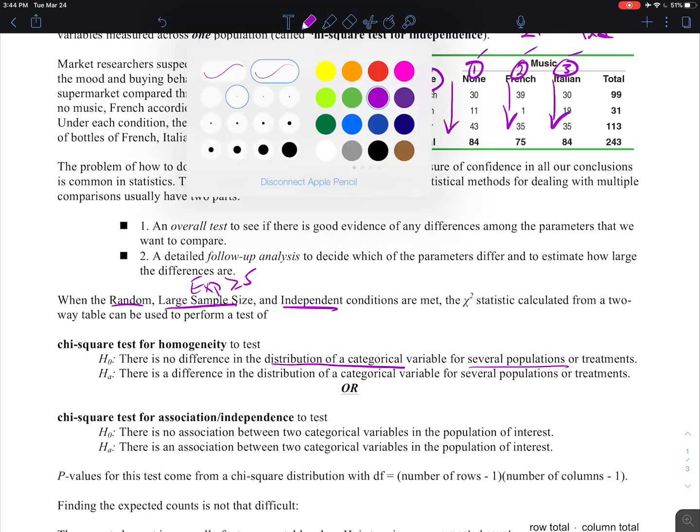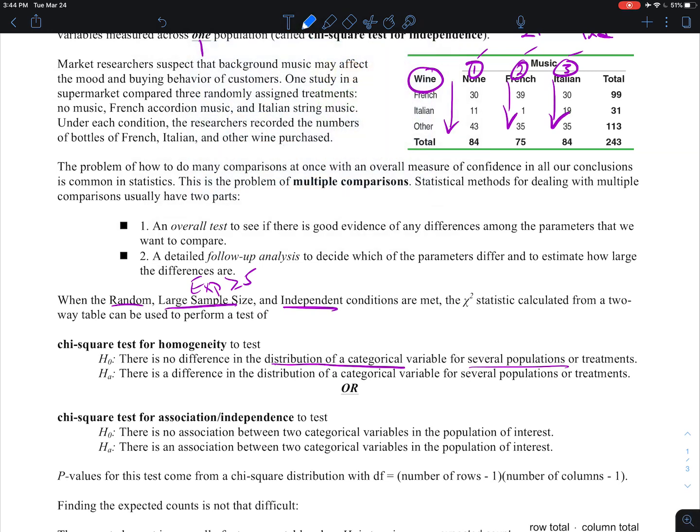Alternatively, we could say, over the course of a day, different kinds of music was playing and people bought different types of wine, and we took a random sample of 243 people. From the one sample, we then broke everyone up into this two-way table. Now we're looking at one sample and 2 categorical variables that we're breaking them up into. So that's going to be 2 categorical variables against the one population of shoppers. That would be then a test for